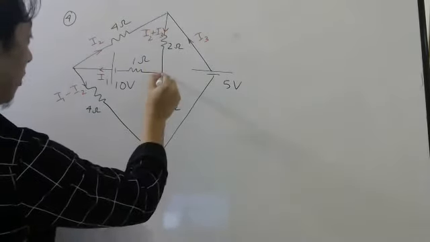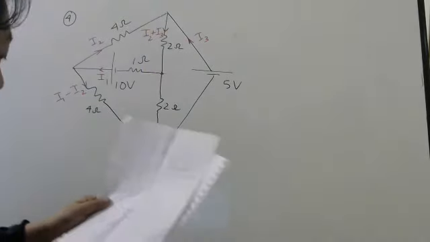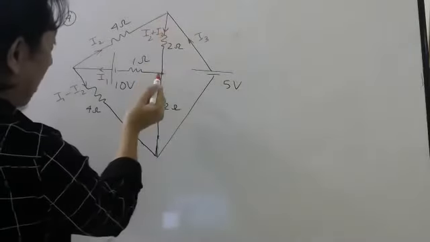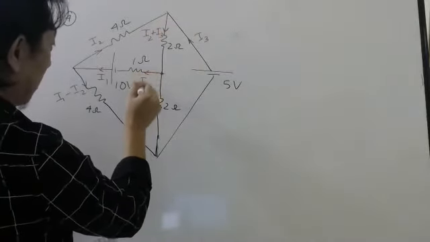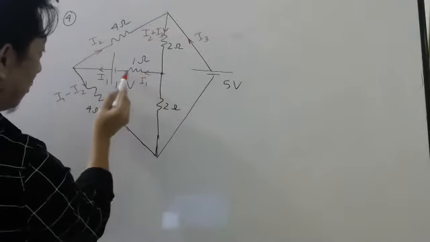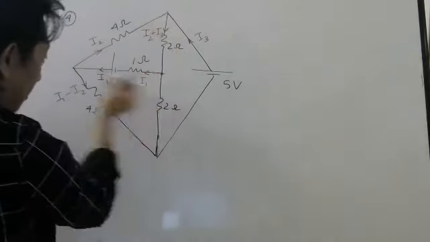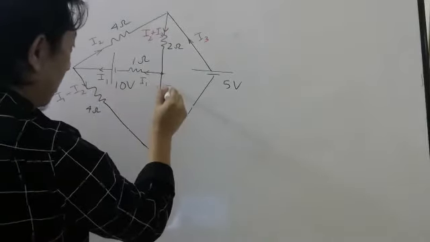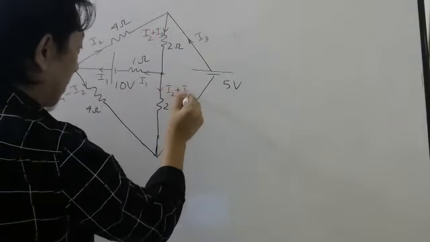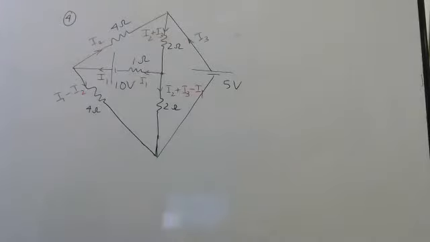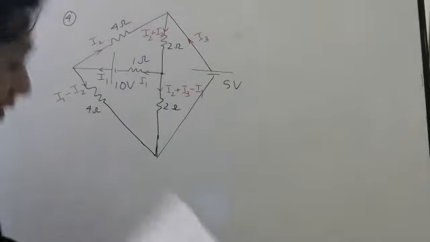And at this point here, how much current will go? I2 plus I3 is coming. I1 is going this way. In this branch, the same current will flow, na? So I1 is going like this. Out of this much, I1 is going, so the remaining will be I2 plus I3 minus I1. Okay, so these are the currents.